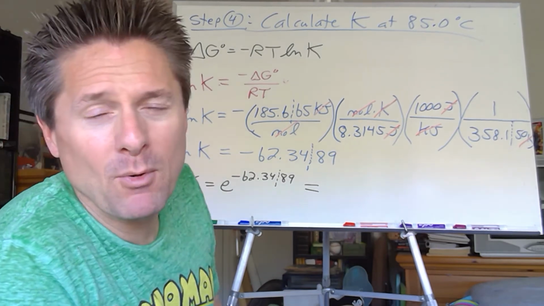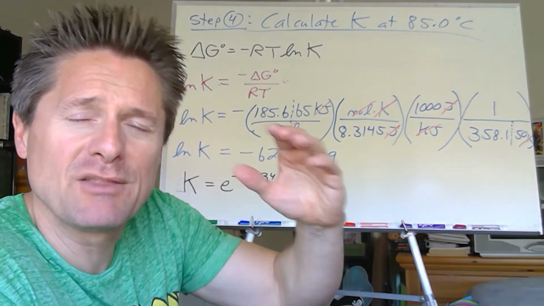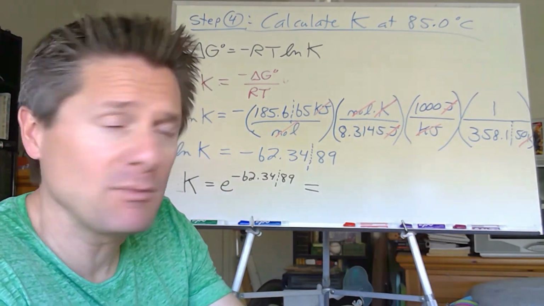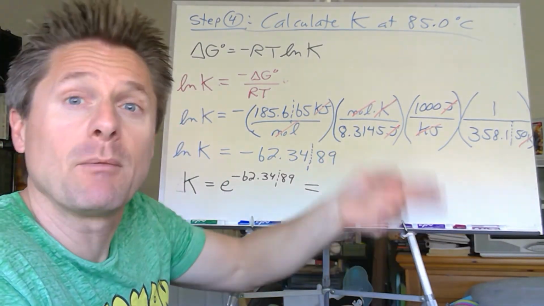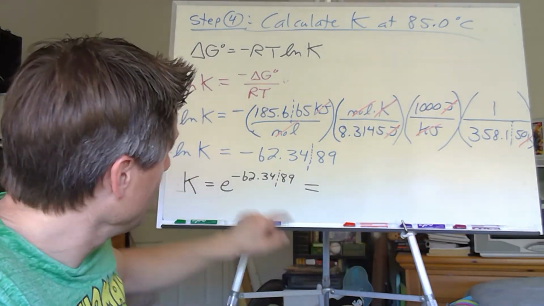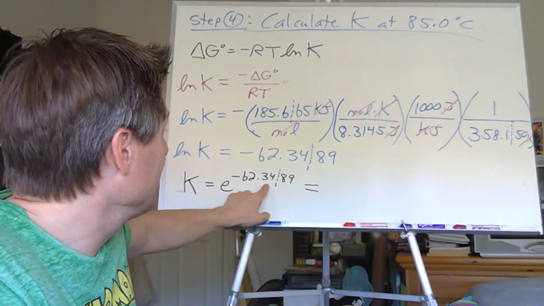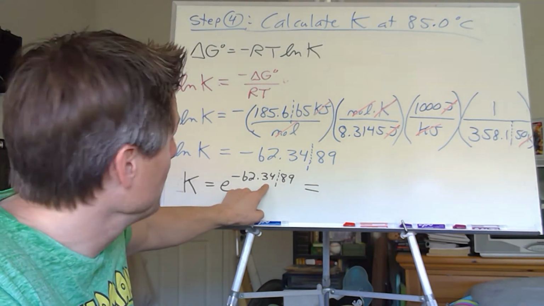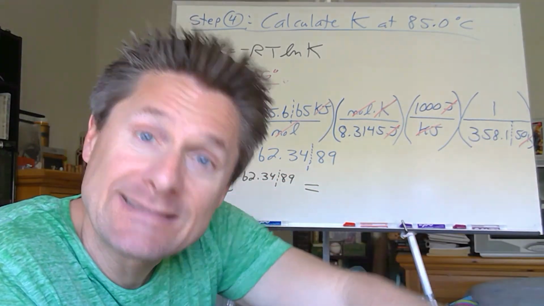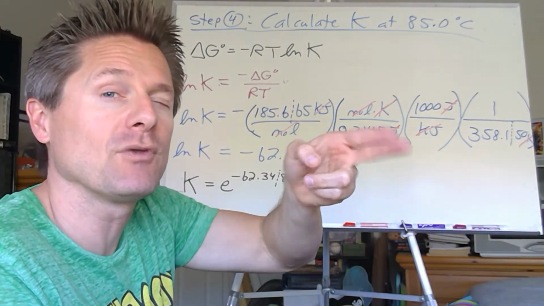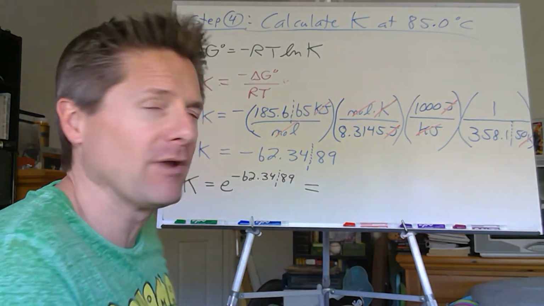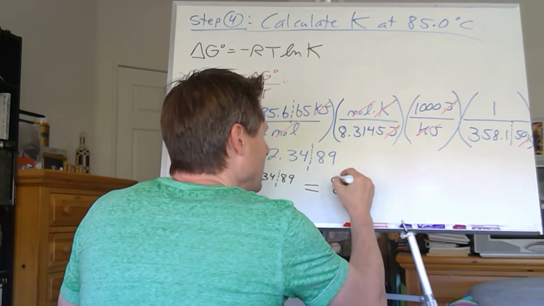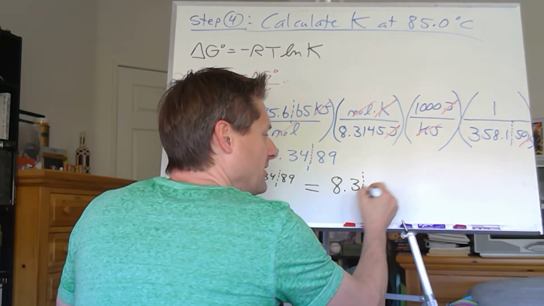62.3489. And remember, when you take e to the power of x or 10 to the power of x, it's opposite logarithms. So logarithms, the number of sig figs becomes the number of decimal places. So for exponential stuff, the number of decimal places becomes the number of significant digits. We have 2 decimal places in that value. The negative 62.3489 is good at 2 decimal places after we do the 4 sig figs, right? So that means we'll get 2 sig figs in our answer. The 2 decimals goes to 2 sig figs. Oh! If you freak out on a test, just guess. Right, here we go. So I get 8.3